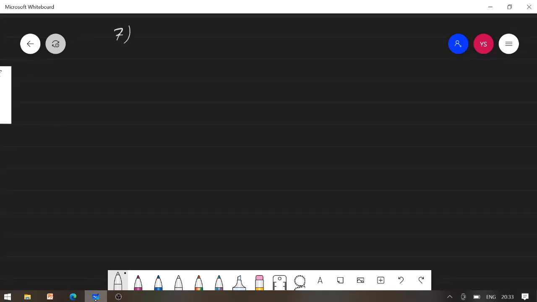The acute angle between the lines represented by x square plus xy equals 0 is given by. So it is a homogeneous equation of degree 2 in x and y. On comparing with ax square plus 2hxy plus by square equals 0, we have a value 1 as the coefficient of x square, while twice h is the coefficient of xy as 1, while the coefficient of y square is not given, meaning b becomes 0.